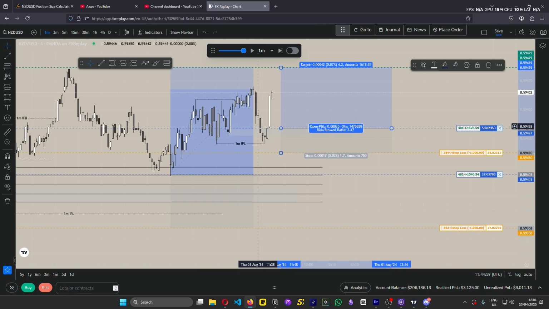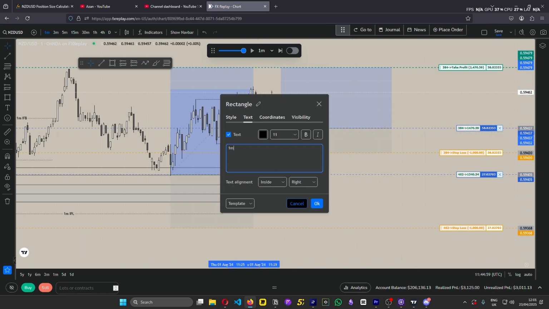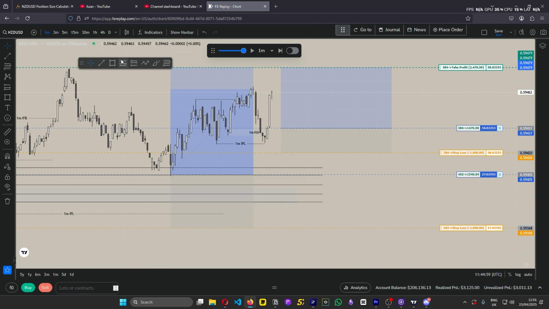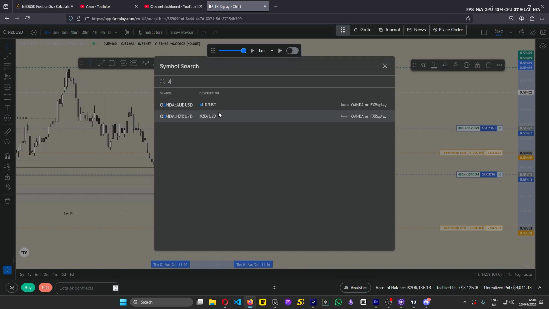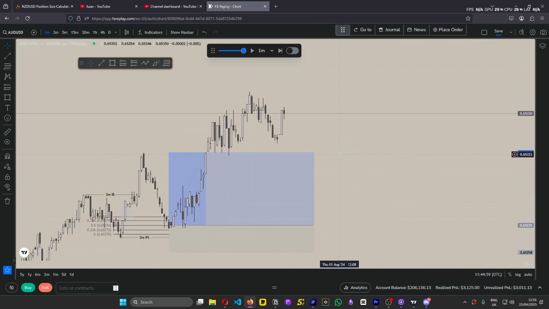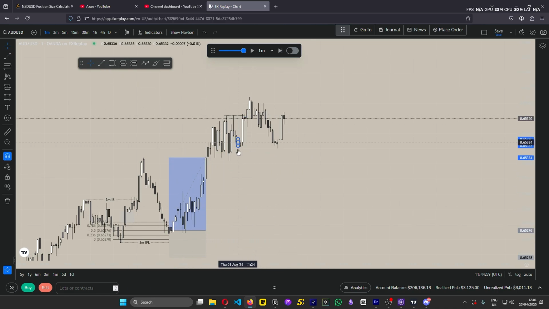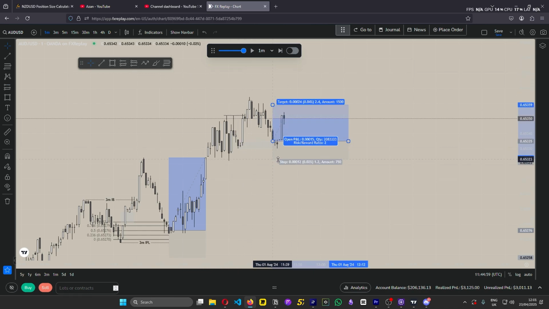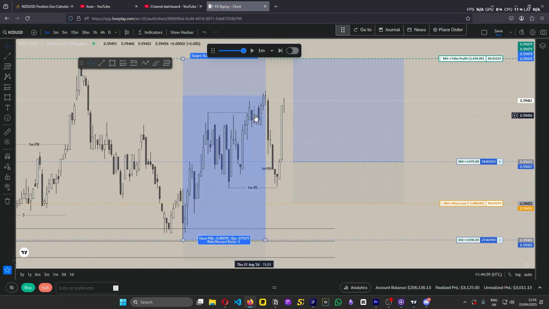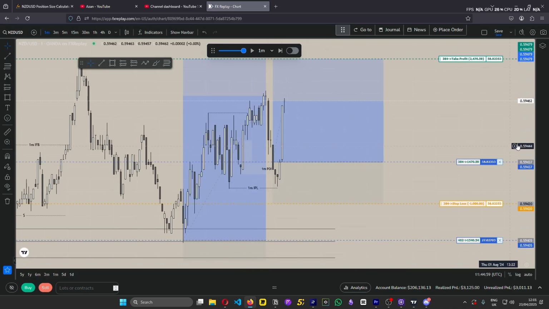Whew. Okay, 1 minute POI. The reason why I took this once again is because it's got imbalance. So 1 minute POI right there. You've got your imbalance right there. Let me see on AU, is there any other continuation? And I think I just missed it. So this would be the next continuation right there. That would be another continuation. Not the best risk to reward, but still valid.